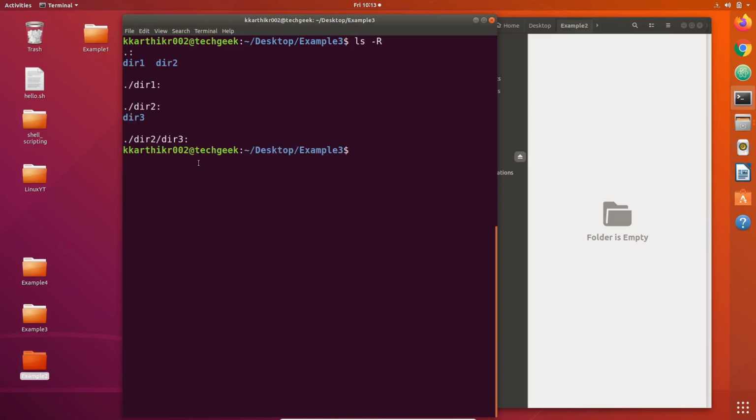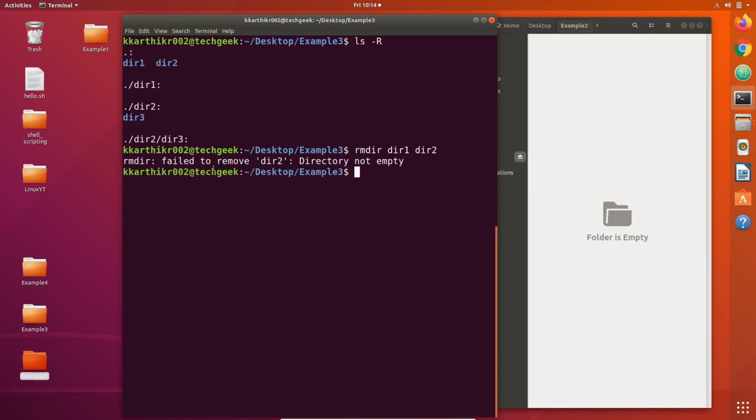Now let us try to remove directory1 and directory2 using rmdir command and see what happens. You may have doubt that directory2 is not empty and it may not be removed. Let us check what happens after running the command.